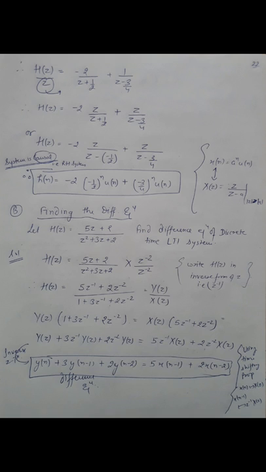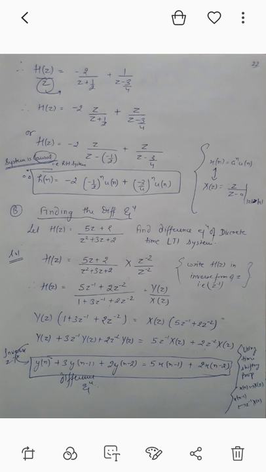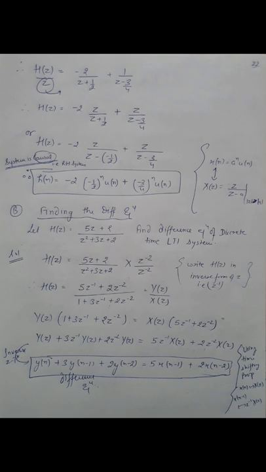For finding the difference equation, calculate H(z) in terms of z inverse powers. So what we have to do is multiply and divide by z^-2. By which power do we multiply and divide? The highest power given in H(z) and its reverse. So H(z) is 5z^-1 plus 2z^-2 upon 1 plus 3z^-1 plus 2z^-2. H(z) can be written as Y(z) by X(z), output by input. So Y(z) into this bracket is equal to X(z) into the upper part. Open the brackets: Y(z) plus 3z^-1 Y(z) plus 2z^-2 Y(z) is equal to 5z^-1 X(z) plus 2z^-2 X(z).